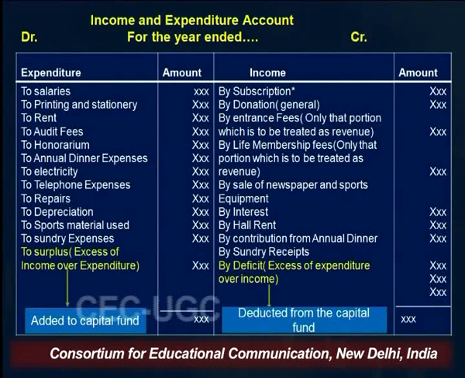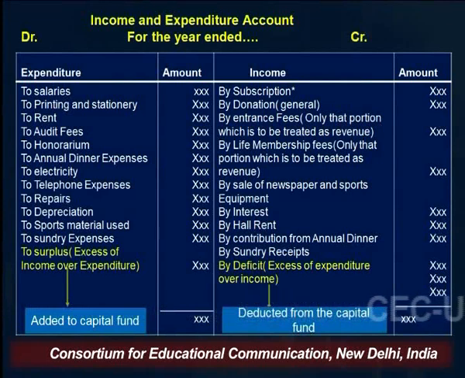So by preparing income and expenditure account, the surplus is calculated if credit side exceeds debit side. For example, the total of the credit side is 20,000 and the total of the debit side is 15,000. So there is a shortage of 5,000, and this 5,000 balancing figure will be known as surplus. This is excess of income over expenditure. And if there is a balancing figure on the credit side, your expenditure exceeds the income. In that case, there is a deficit, and either of these two will be there, either surplus or deficit.